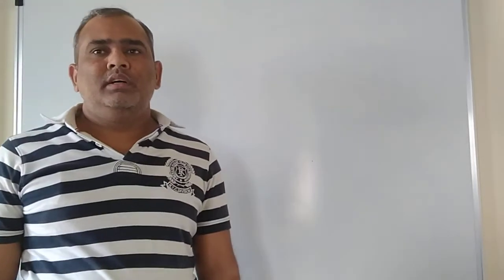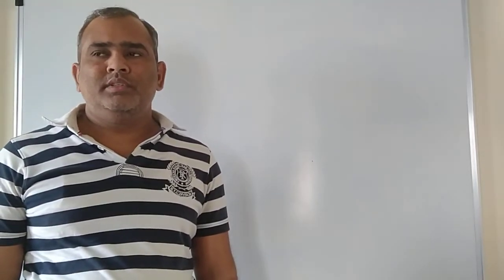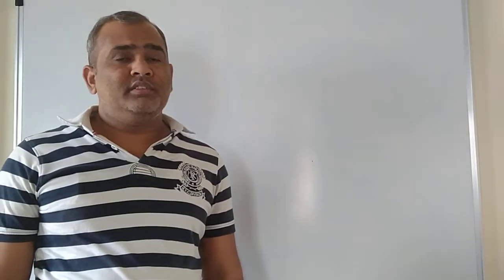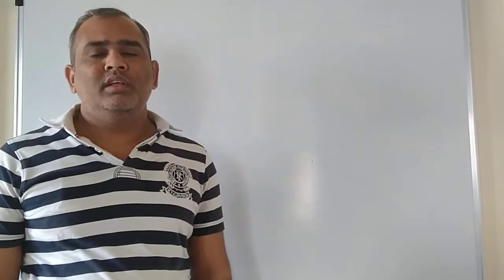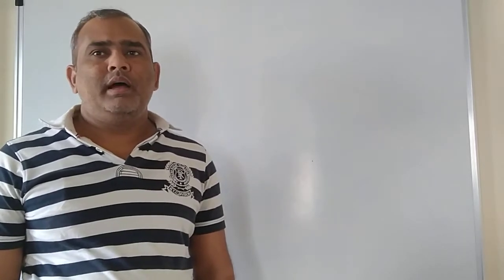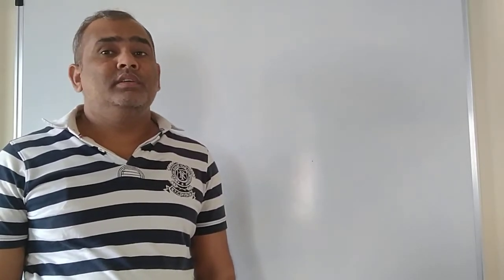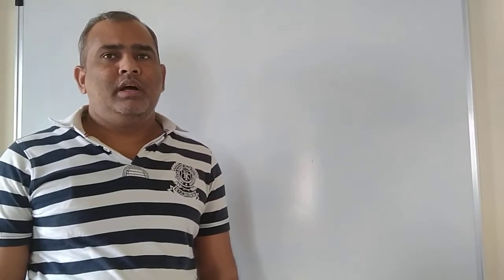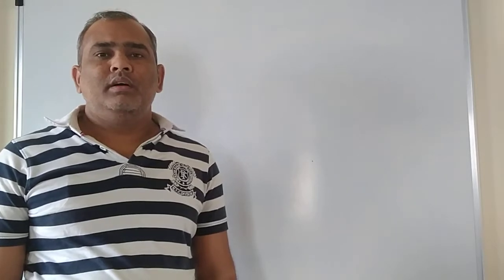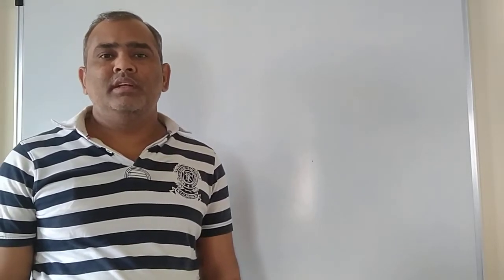Let me recap the last lecture that we have studied. Last time we started chapter number 3, and we studied the basic things required to understand what is meant by vectors, scalars, and vector triple product, scalar triple product. We studied what is meant by scalar, what is a vector, its example, and various types of vectors. What are the various types that we discussed last time? What is a zero vector? What is an equal vector?